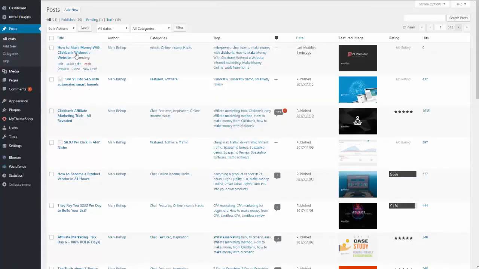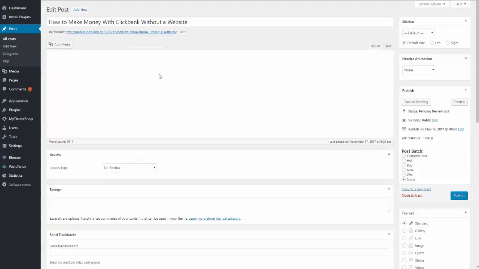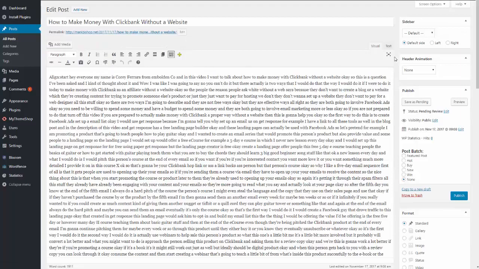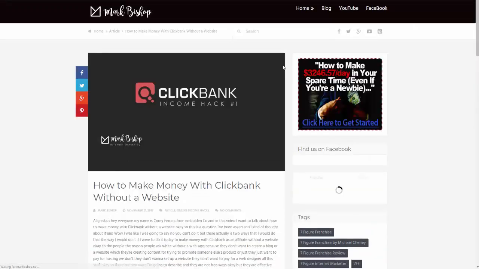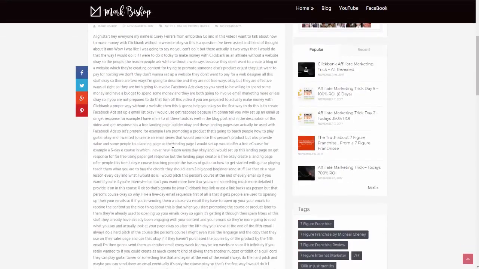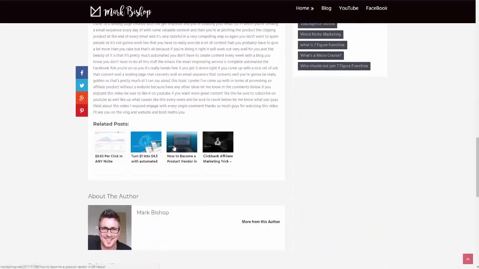So now you can see the post up here, and you can see it's in pending. So it's in draft folder and it's not shown to anybody else. So if I click on there, you can see what it looks like. So obviously it's a complete mess at the moment because it's just a whole bunch of